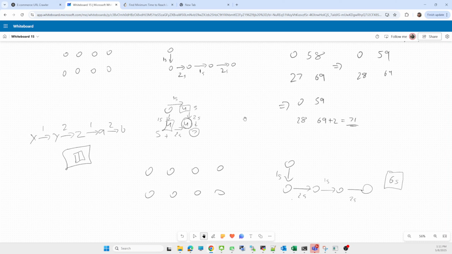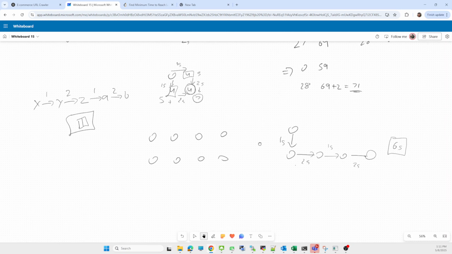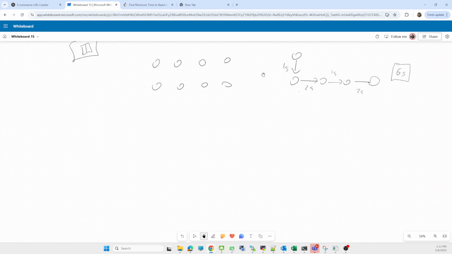So we have to think about what the approach will be for this. For that we take one priority queue, or think of it as a minimum heap, which sorts all the rooms based on their opening time, keeping the earliest opening time first. So we have to start from here.